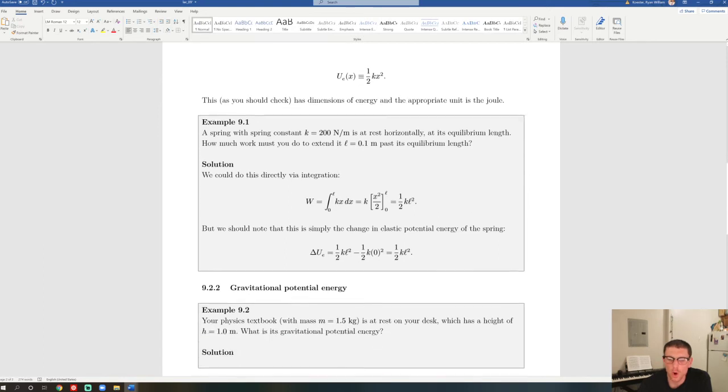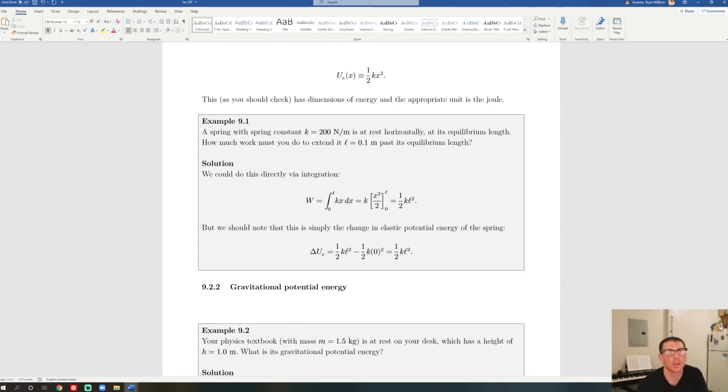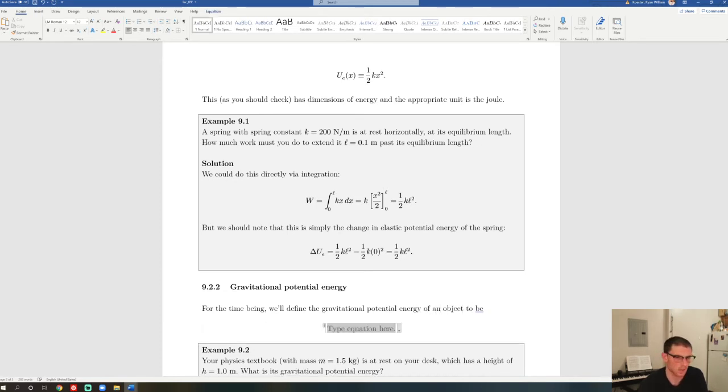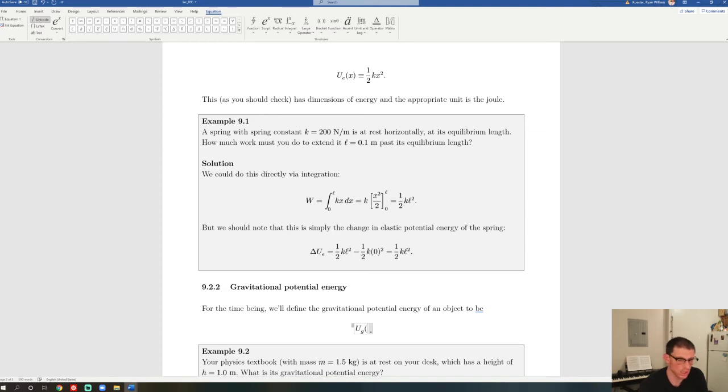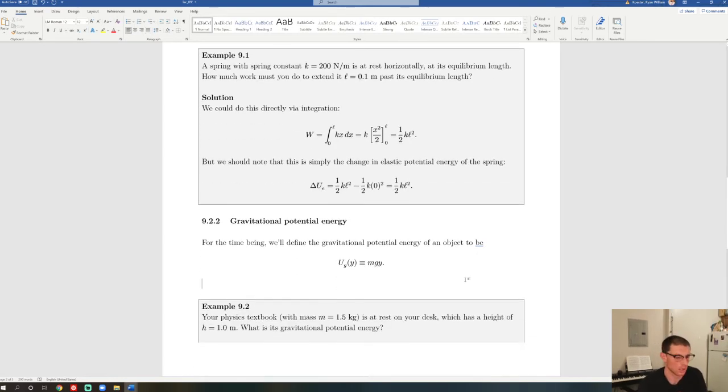Okay, cool. So let's talk about gravitational potential energy now. And I'm going to say that for the time being, we'll define the gravitational potential energy of an object to be, and I'll write this as U sub g, a function of the y position of the object, and it's just mgy. Now I should say that, as we'll see later on, this is an approximation that only really works